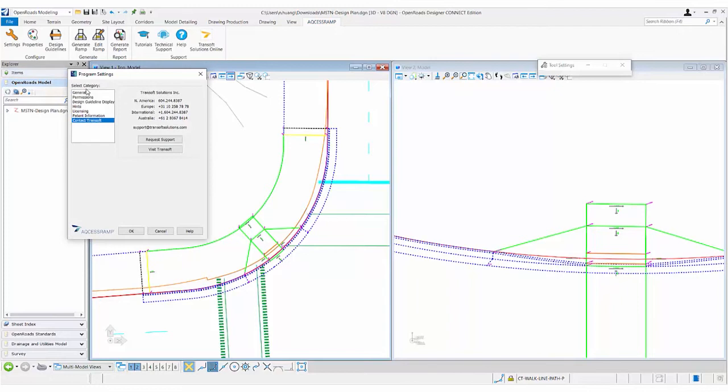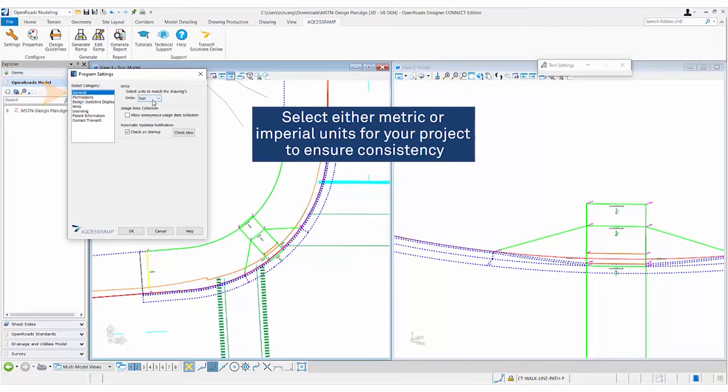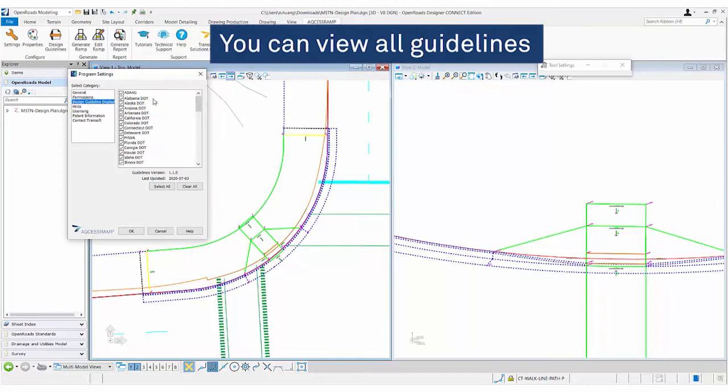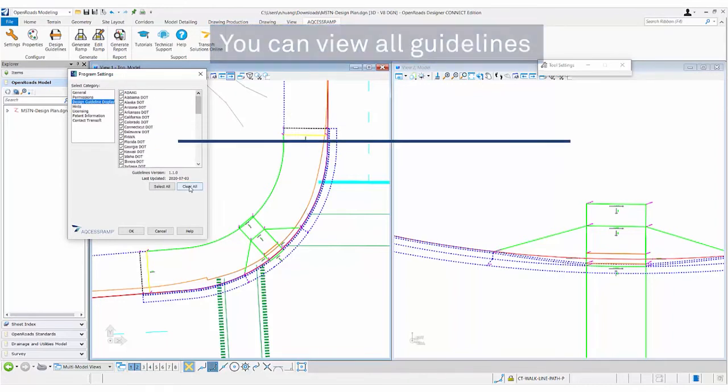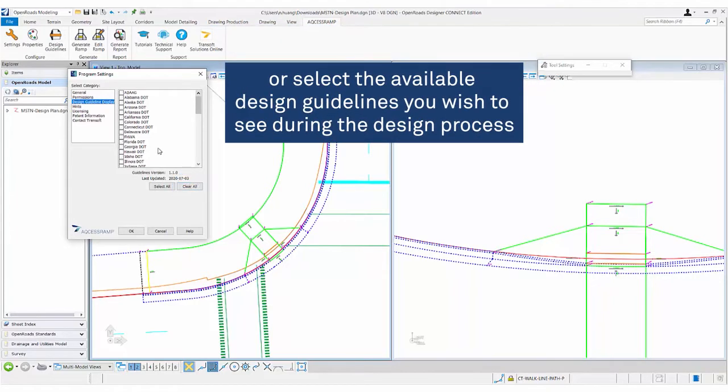So program settings in here is where the users are able to select their drawing unit for their design file, whether imperial or metric. They can also view the design guidelines available to them and clear the list and only select the ones they wish to see later on during the design section of